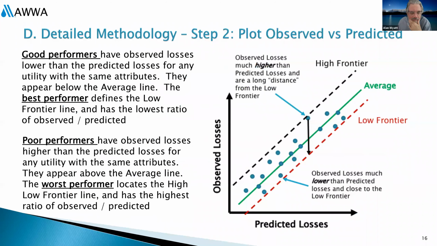Then if you plot the predicted losses from the regression model against the observed, what you're really doing is saying, how does utility X compare to what the, let's say, average performance is for utilities with those attributes mathematically? So it's sort of a peer situation. And so if we took a predicted loss here, you can see that this one has an